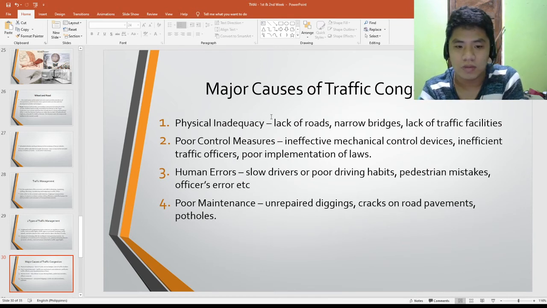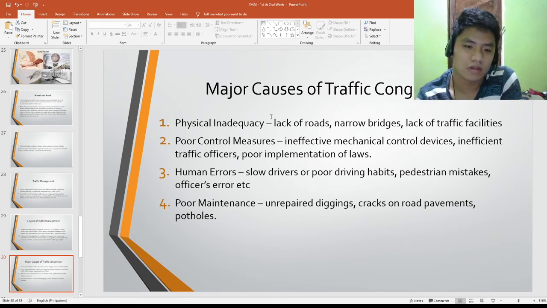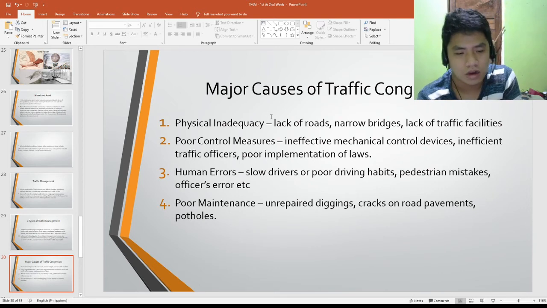Okay? Human error. Usually it refers to the mistakes of drivers. Usually, there are drivers who keep cutting in, and this causes traffic congestion. Usually the tricycle drivers, right? They keep cutting in, or the motorcycle drivers, or any that cause traffic congestion under human error. And poor